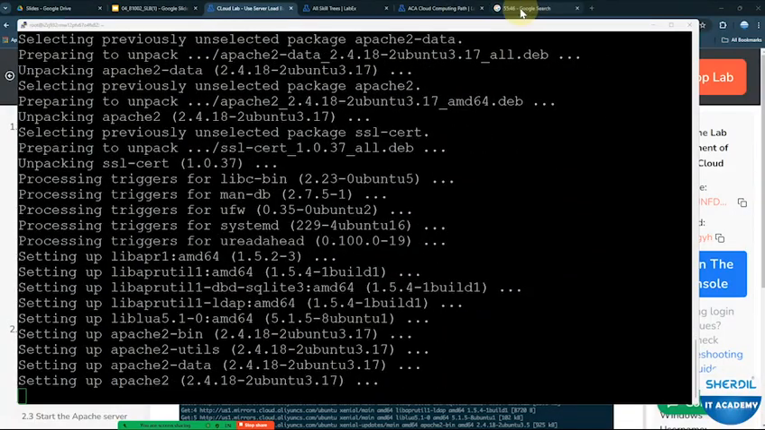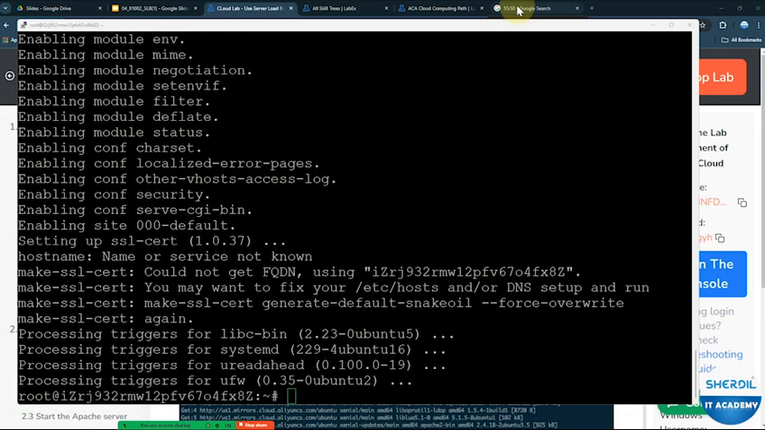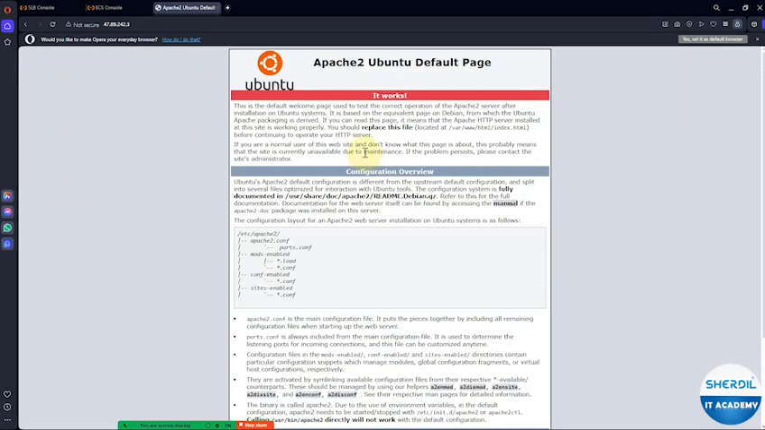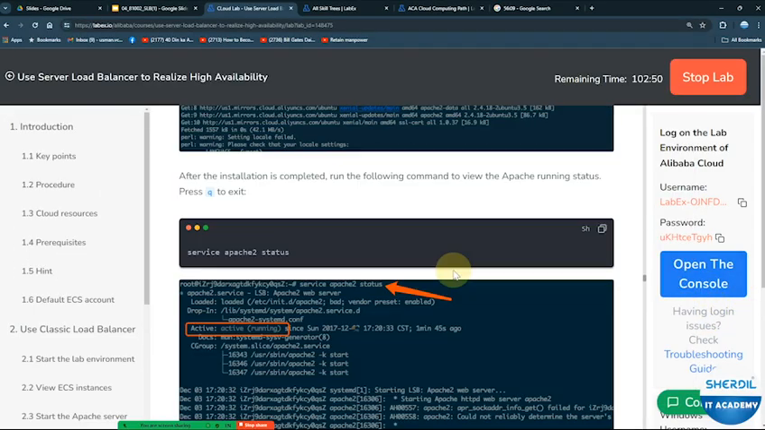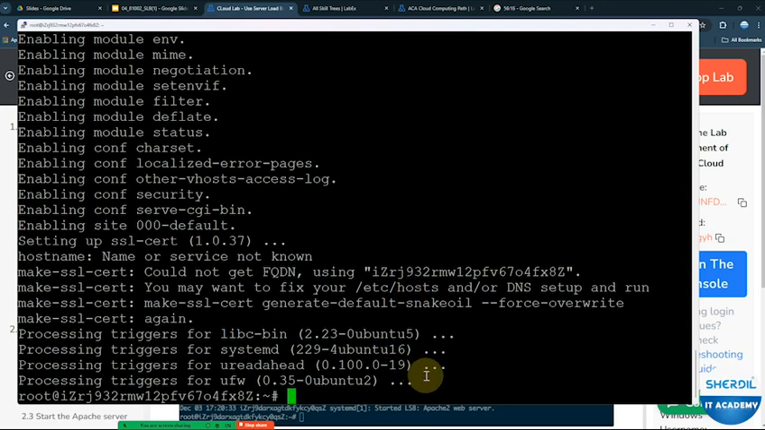Now once it's completed, let me check this one. Oh, that's fine, that's working, but we need to do one more thing in order to complete this. Server is working now. Check the status in Linux. How many of you guys are able to see my screen? Now the service is active and running. Service apache2 status,